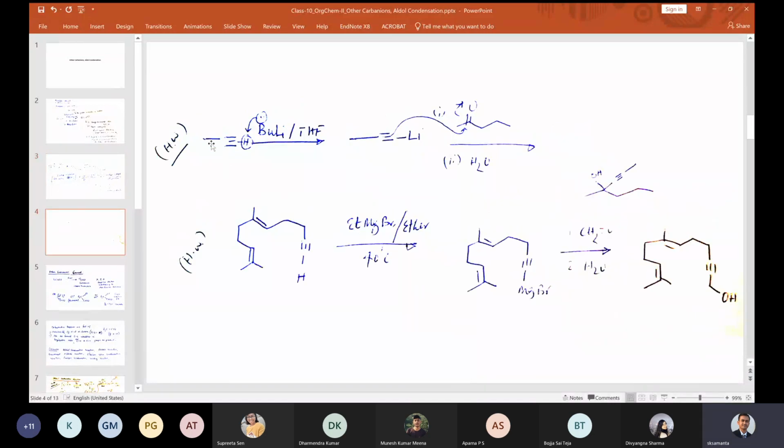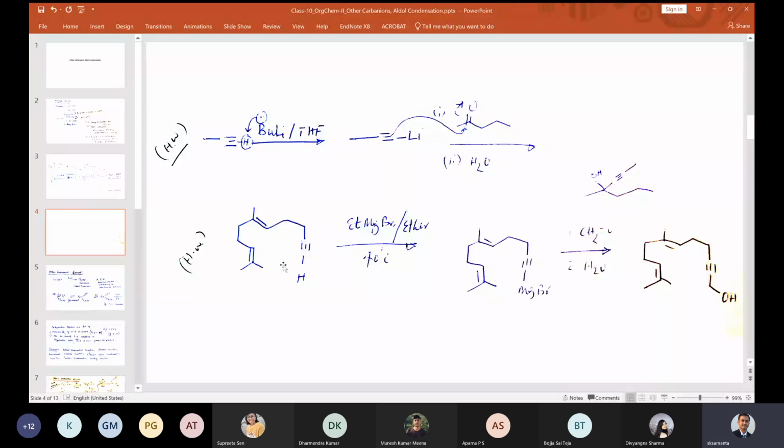For example, if you take this kind of compound where you have this acidic proton left, add butyl lithium, it takes up this proton to form this negative charge here. This is the Li positive and this is the negative. And then if you take a ketone, this reacts at the ketone center, and after it picks up a proton from water, it can form this tertiary alcohol. So these kinds of reactions are there in the Claisen reactions.